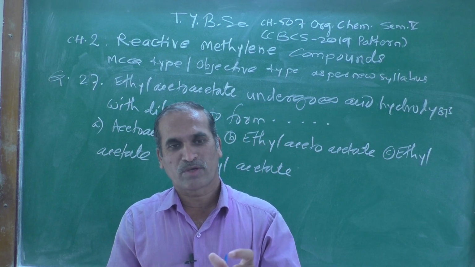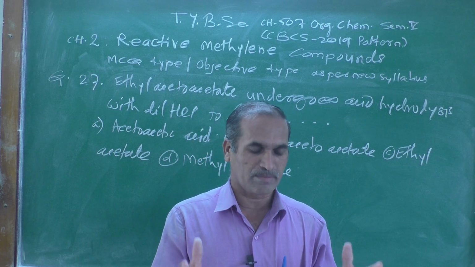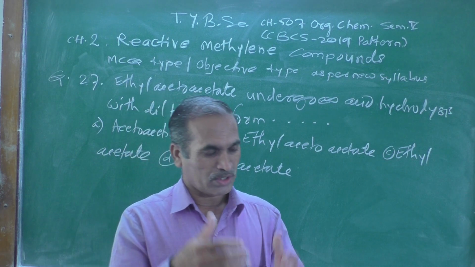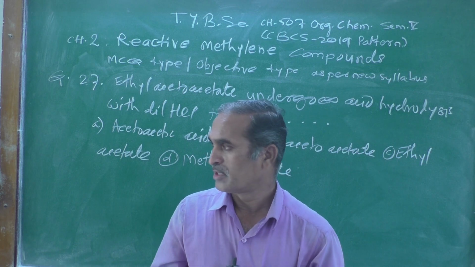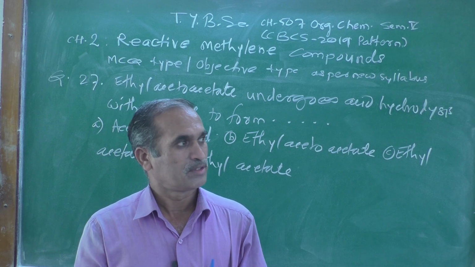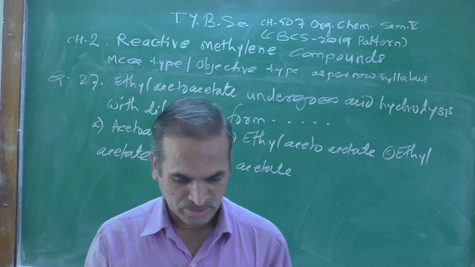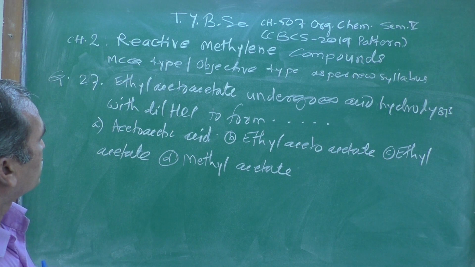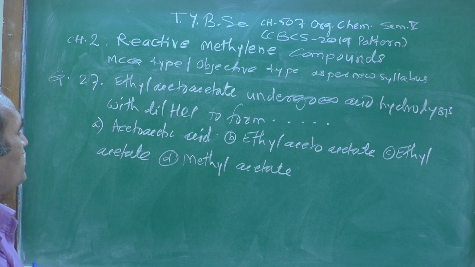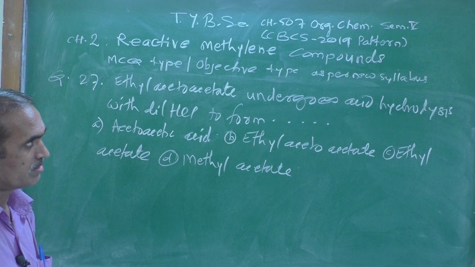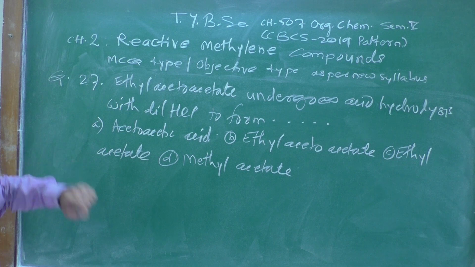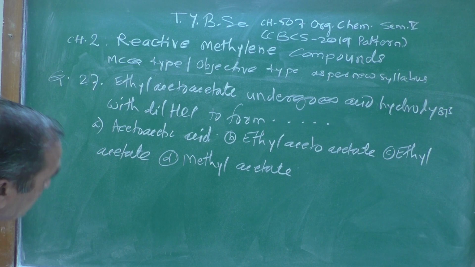Do you remember what we were discussing yesterday? I think we were discussing the multiple choice questions based on chapter number 2 according to the new revised syllabus implemented from the academic year 2021-22. Here we are discussing reactive methylene compounds, objective type questions as per the new revised syllabus. So let's see: what is formed when ethyl acetoacetate undergoes acid hydrolysis with dilute HCl, to form dash dash, and